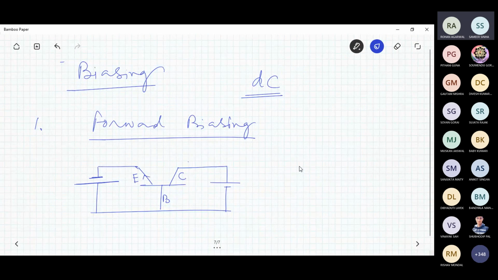Here, the total current, because I've already told you whatever current you are injecting at the emitter terminal, I write IE, that will be split into two different components. One, a very small portion will